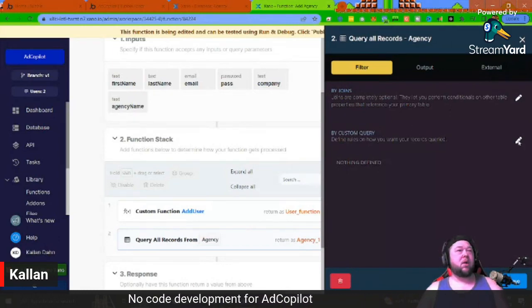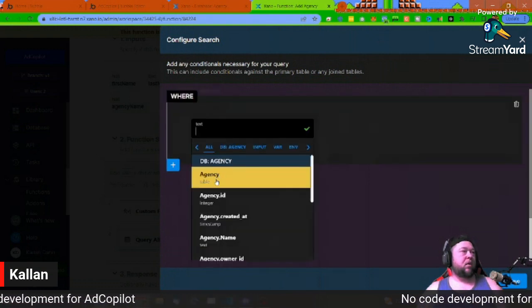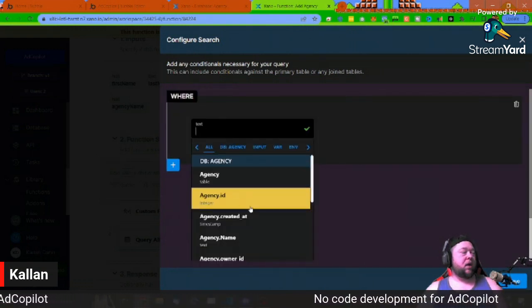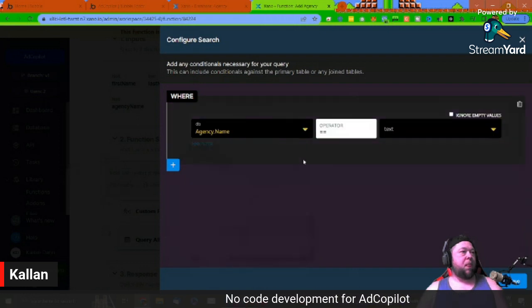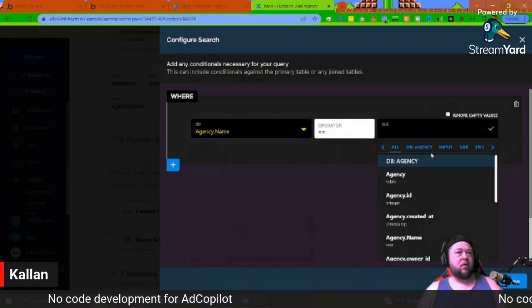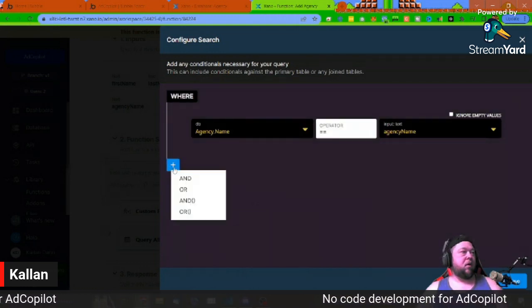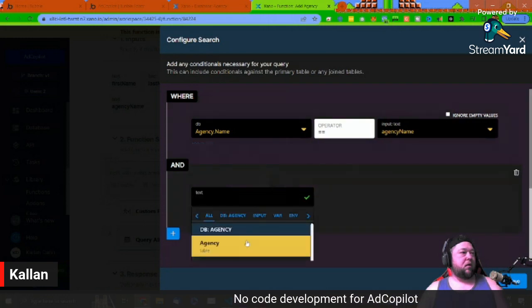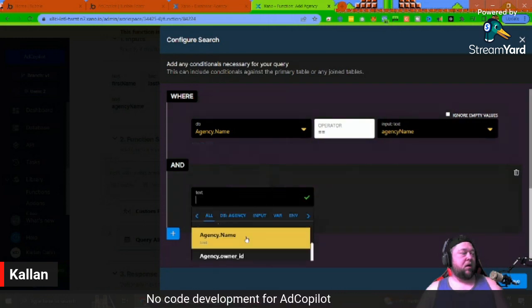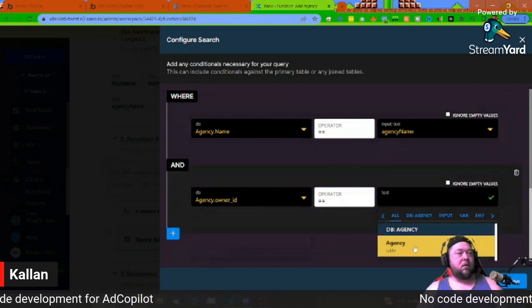And this should be that the agency name is equal to input agency name and the owner ID is equal to